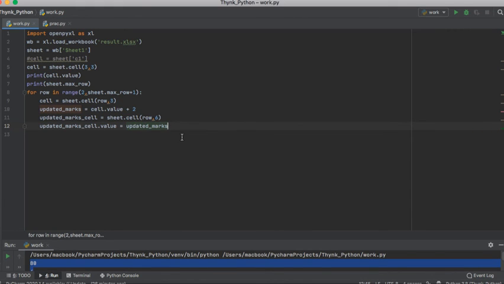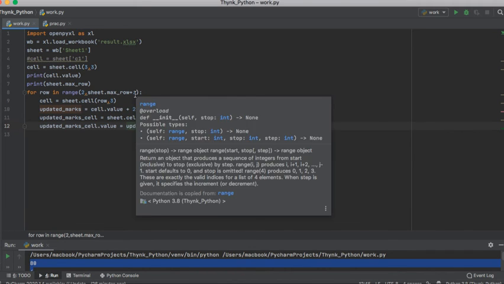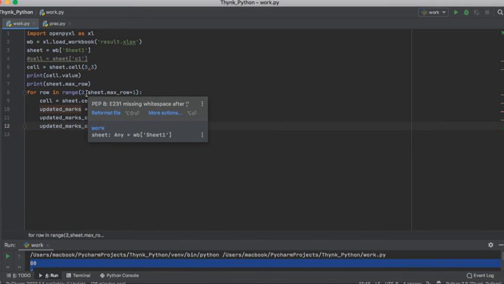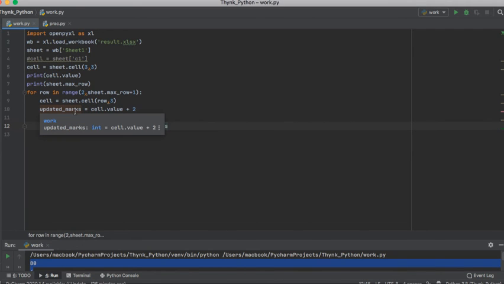Now we have made the changes. Once again I've used the for loop to iterate over the rows for the second column, and to access the particular cell I'll say sheet.cell. Row would be iterating and the third column, and this is going to a new variable called cell. Now I want to add a grace mark of 2, so I'll say cell.value plus 2, and this will return me a variable which I am storing in updated marks.